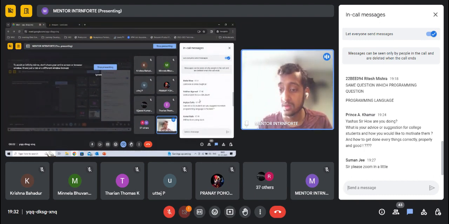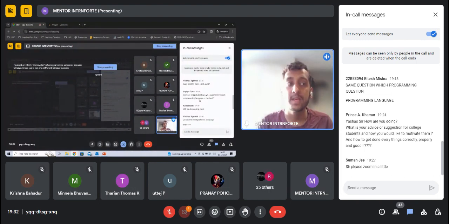Okay, so can you code in C++ or Java? Yes, the choice of programming language is really up to you. When I was in college in 2019, attending my placement interviews, Python was not as common as it is today in the first coding rounds.